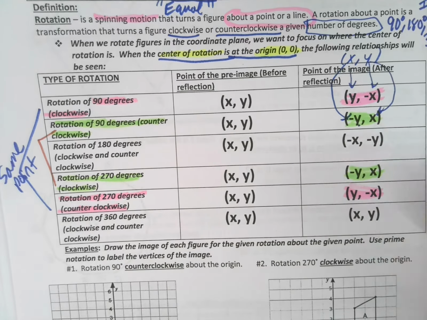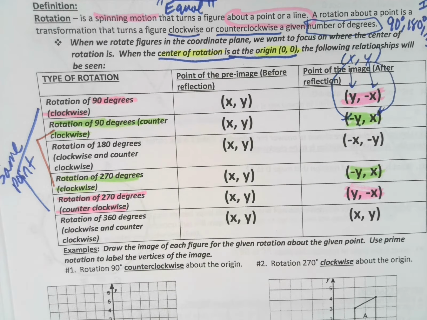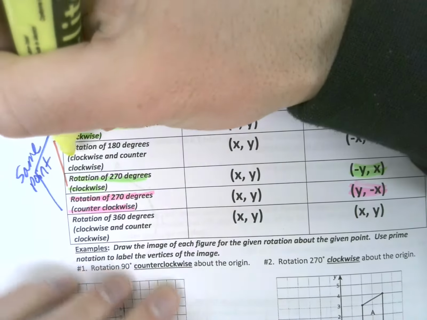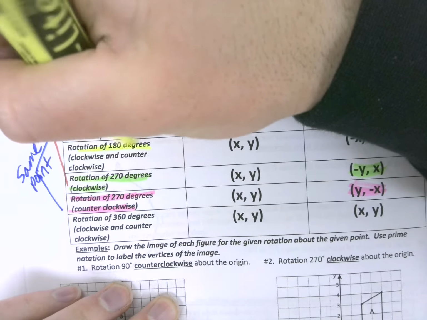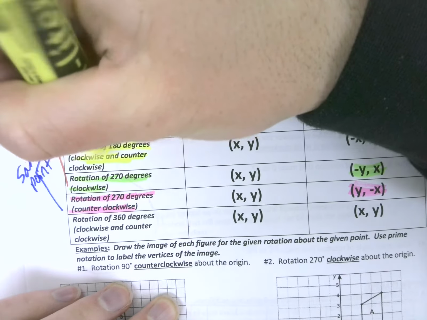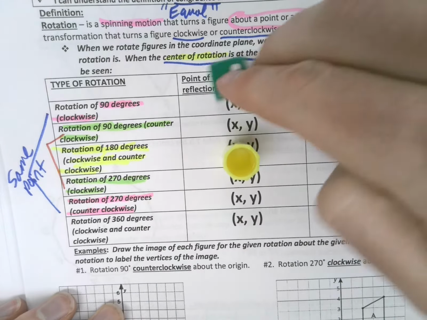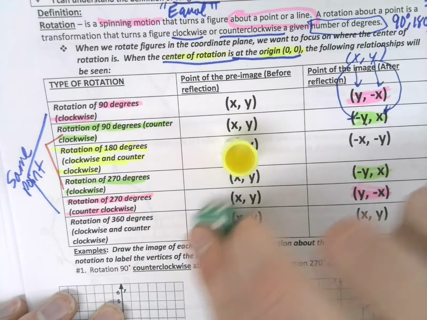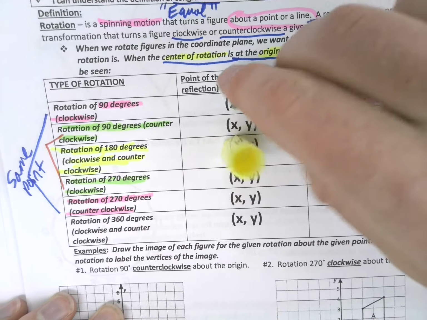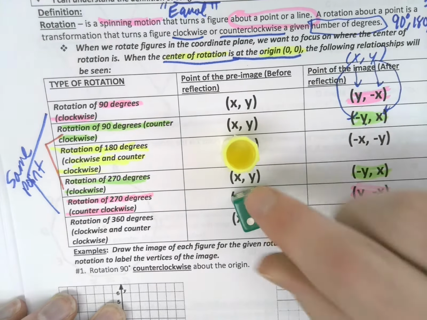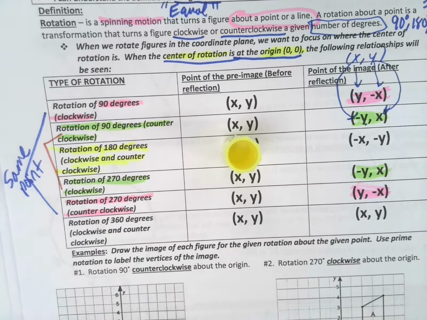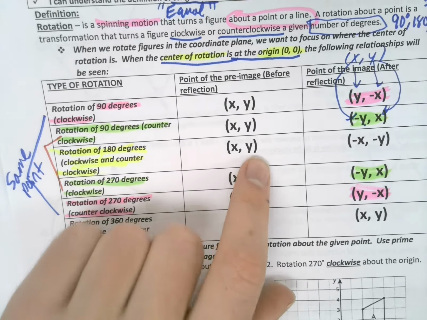I'm sorry, towards the x-axis there. And then finally, we just have kind of one that's its own unique thing here. I'll highlight it in yellow. Rotation of 180 degrees. Obviously, it doesn't matter which way you rotate. You go 180 this way, you're there. You go 180 this way, you're there. It's the same thing. We see that all that happens is